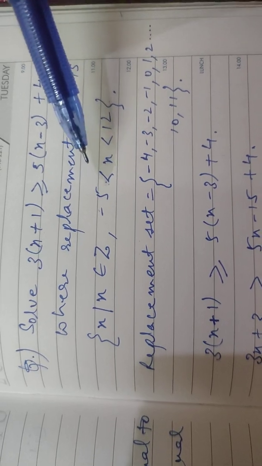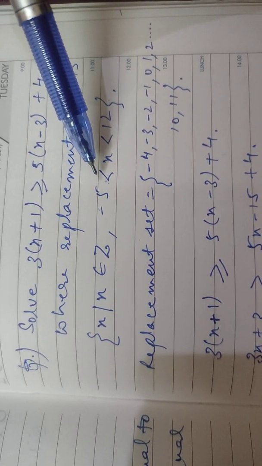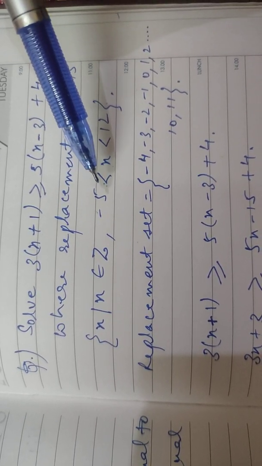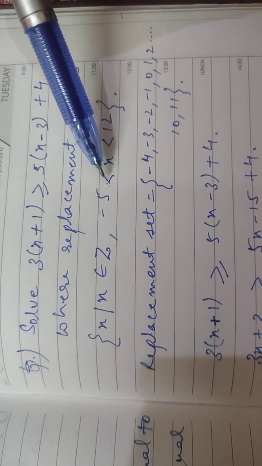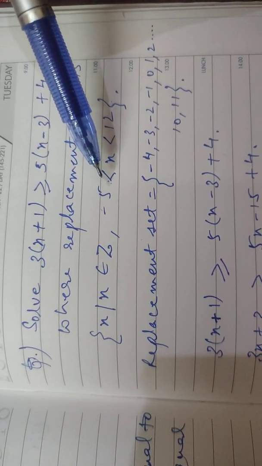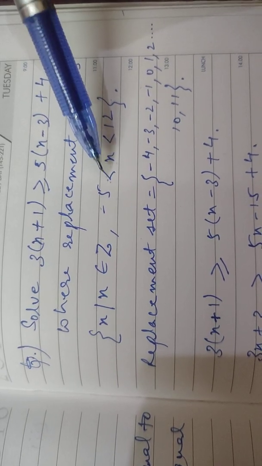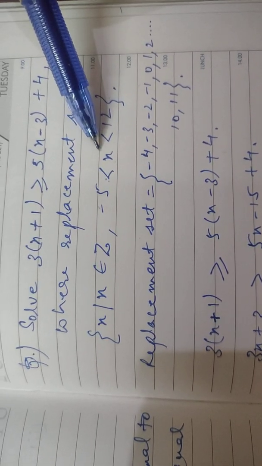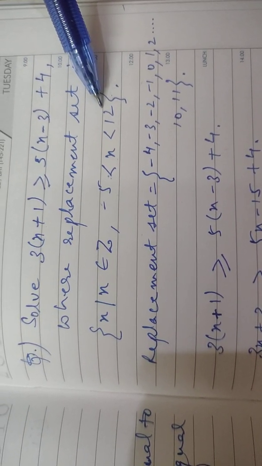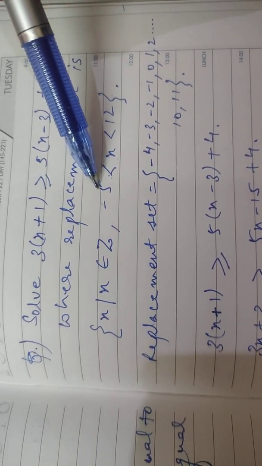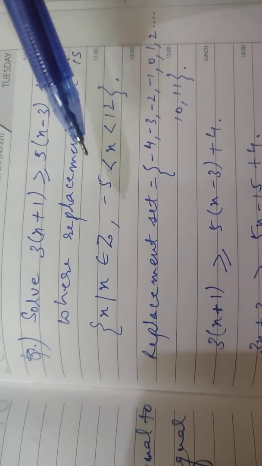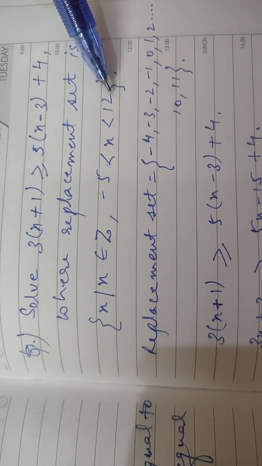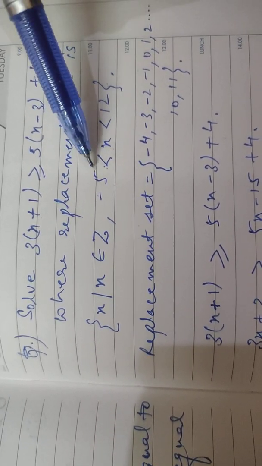So always remember that if the inequality sign is on the left hand side of the variable, then we always read it just the opposite of that sign. This is actually a sign of less than, but we are going to read it just the opposite of less than, and that is greater than. So this is also an inequation, and it will be read as x less than 12 and greater than -5. That means the replacement set contains all the integers which are having the value as less than 12, but other values are greater than -5.